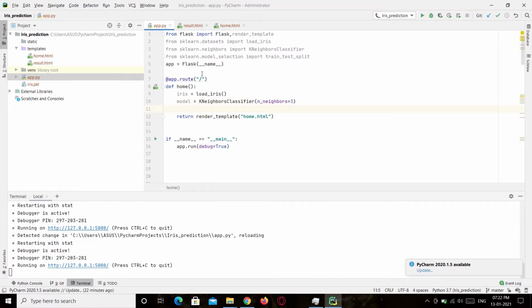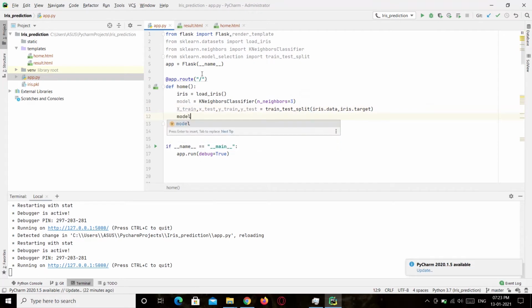Now we'll split the dataset. The iris.data gives us the data and the iris.target gives us the class values. Then we'll train the model using the fit function.